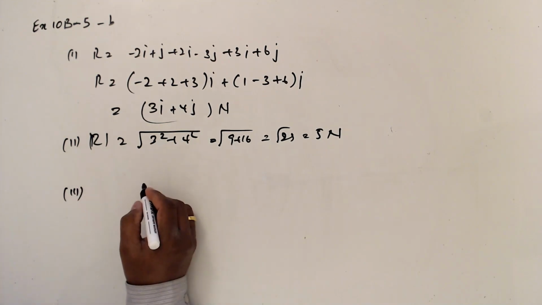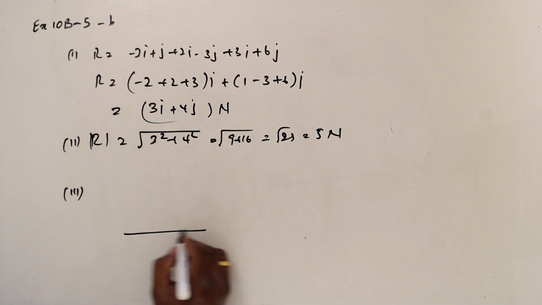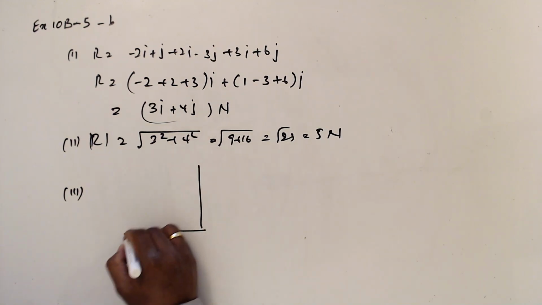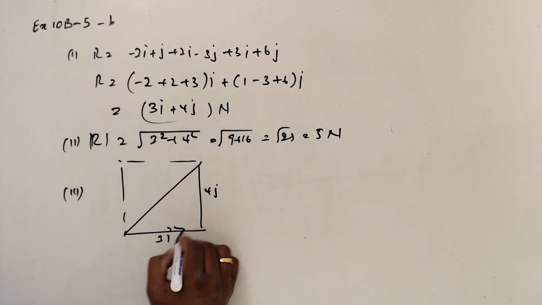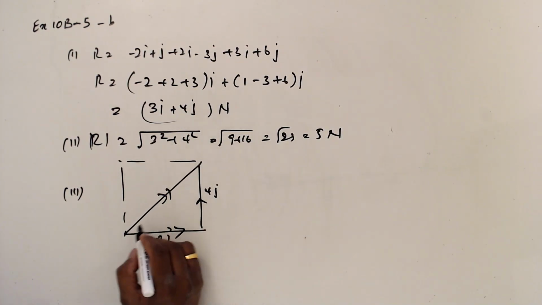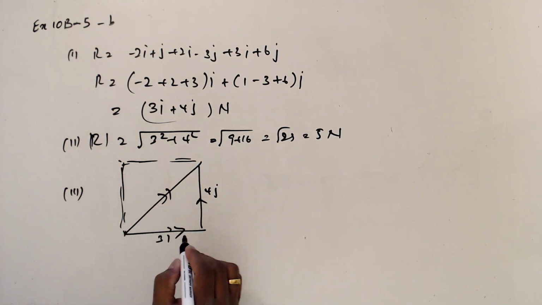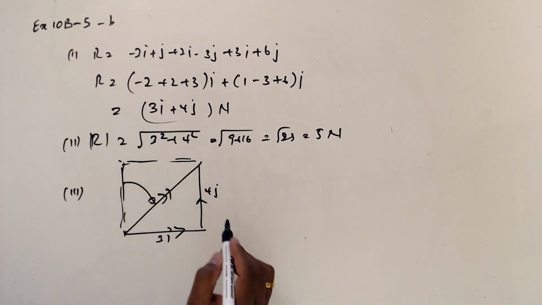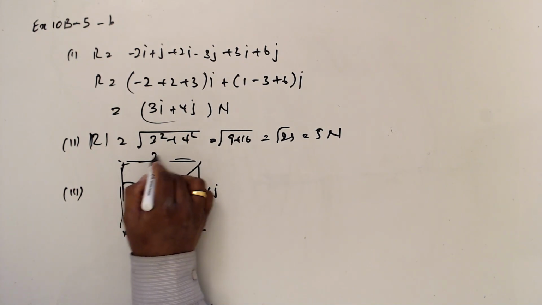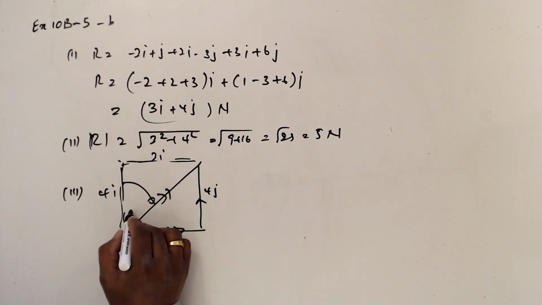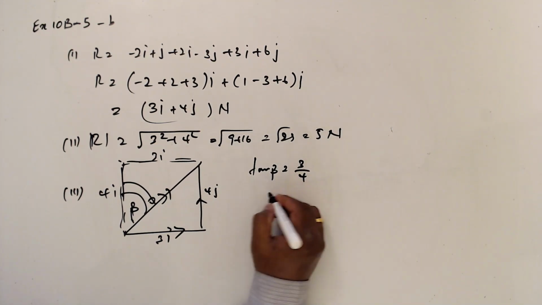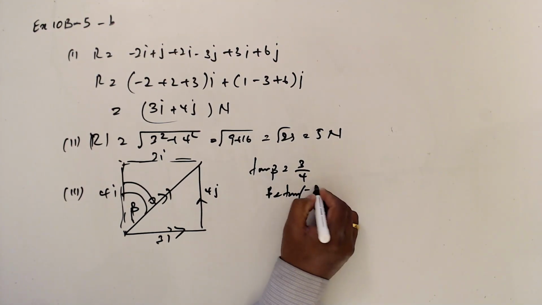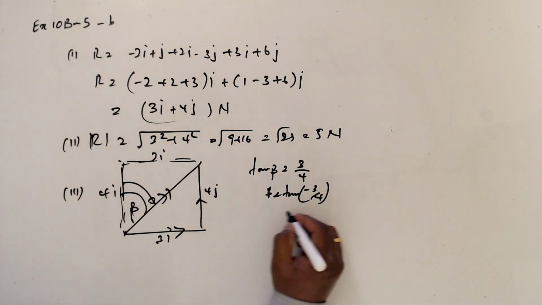So which direction? So 3i, 4j, this is 3i, this is 4j. Now I need the bearing, this one. So this is 3i, this is also 3i, this is 4j. So I will take this as beta. So tan beta equals 3 over 4. Beta equals tan inverse of 3 over 4. That is going to be